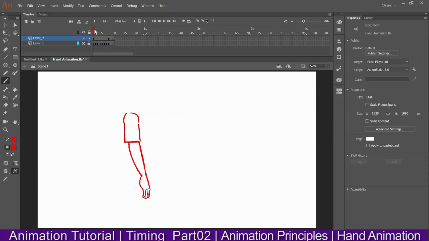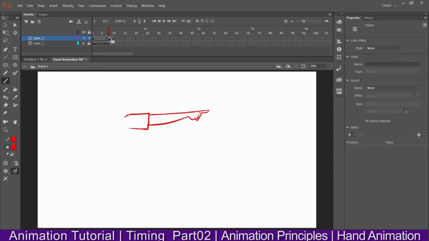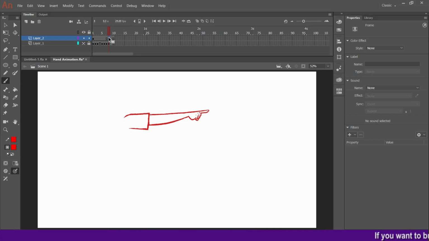I need to do the animation from here to here, but in slow in and slow out, the timing we need to see how the hand will move from the starting point to this point. So I need to draw the hands in such a way that it looks good in timing. I mean to say that whether it should be slow in or slow out, you need to decide earlier.